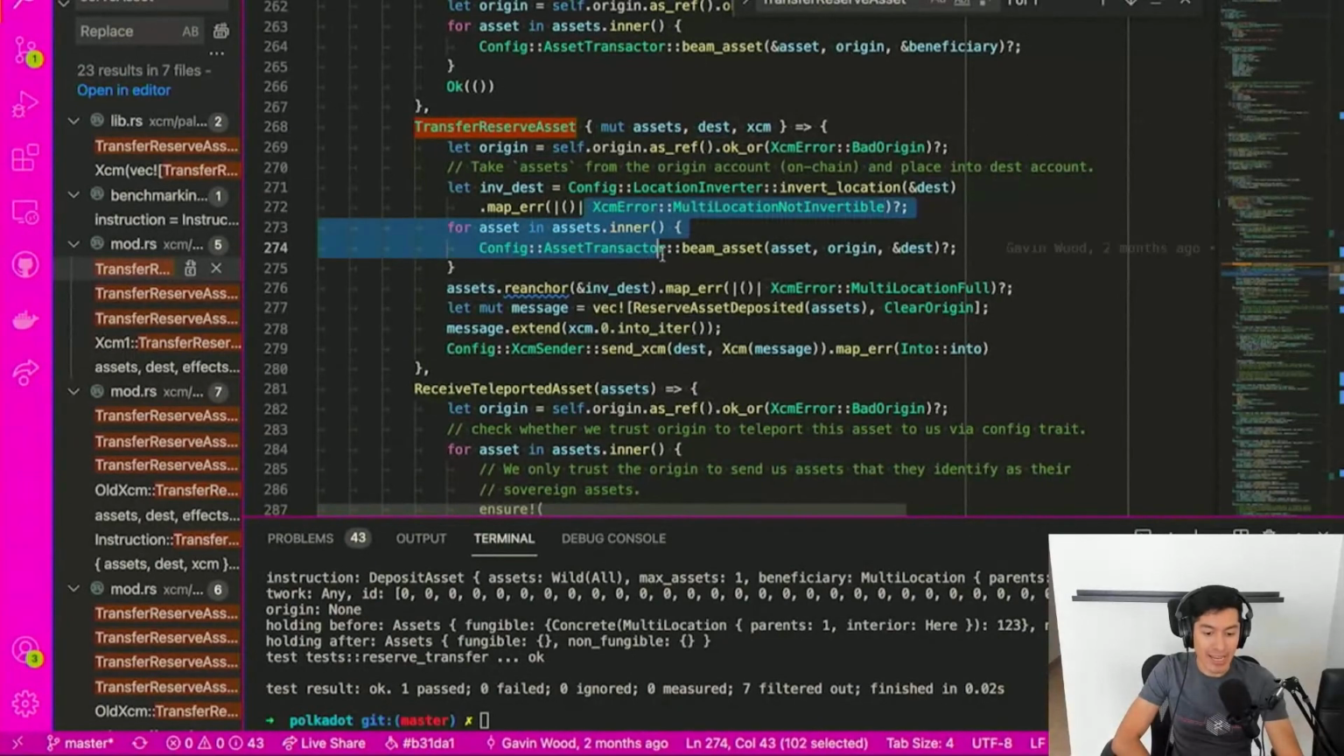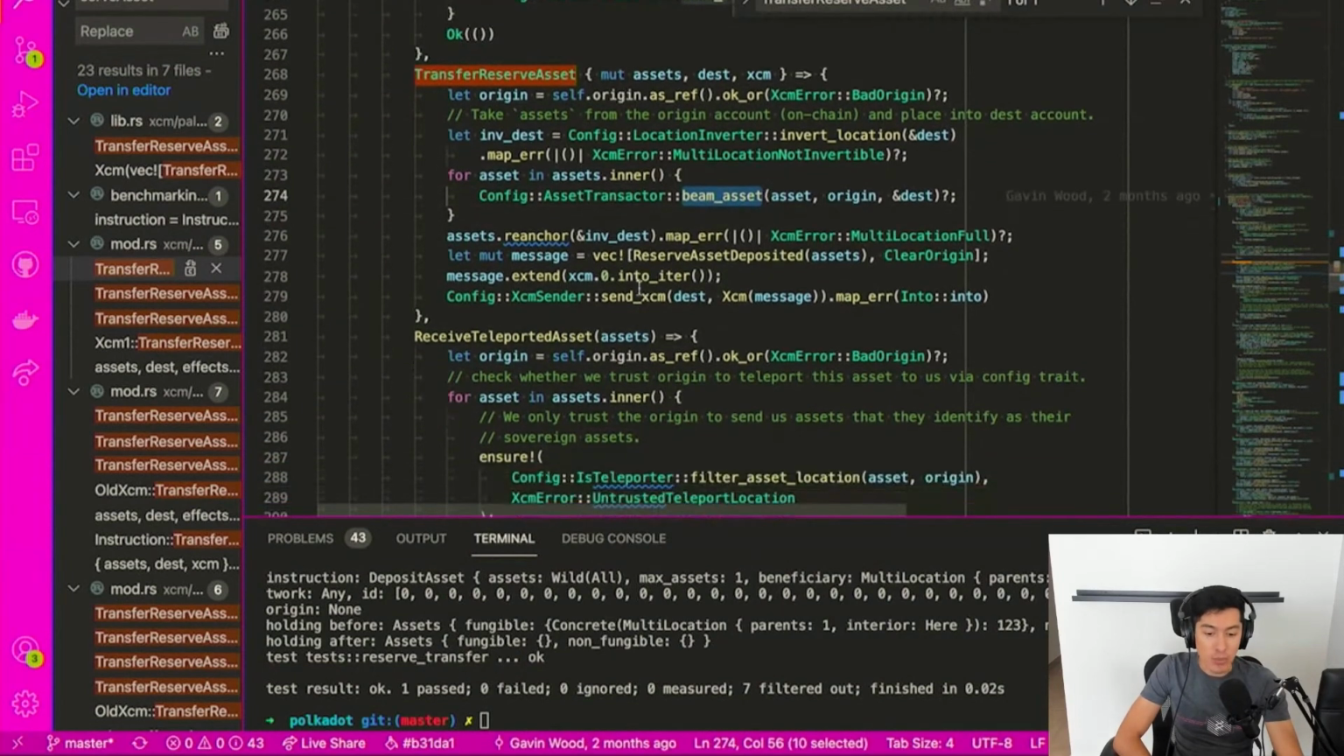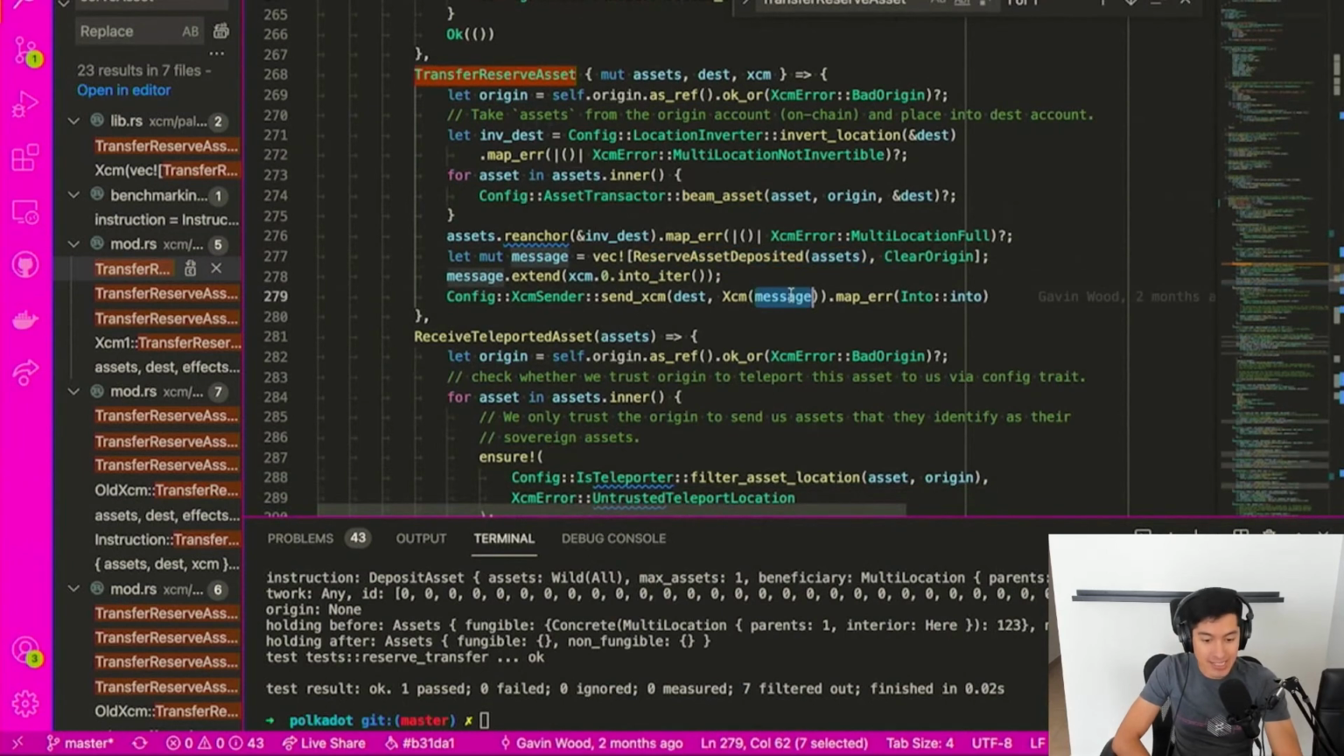It would go ahead and this beam asset would move the KSM from my account into the Karura account. And then it would take these instructions and make a new XCM message and send that via DMP, a downward message passing, to Karura. Now Karura will receive a brand new message, which is this reserve asset deposited,